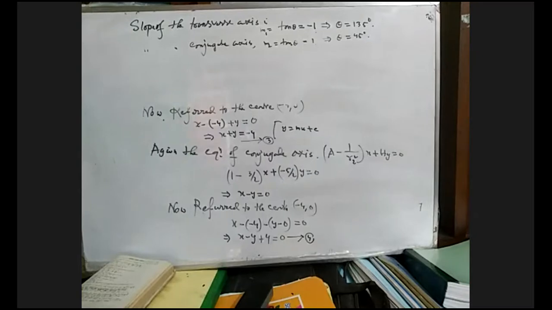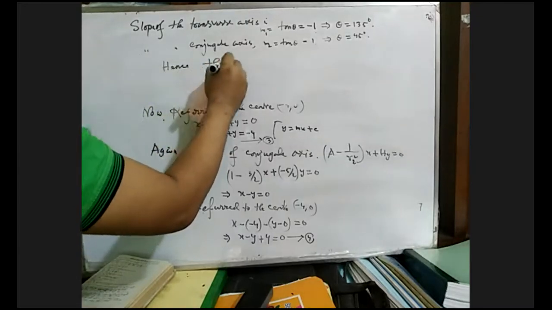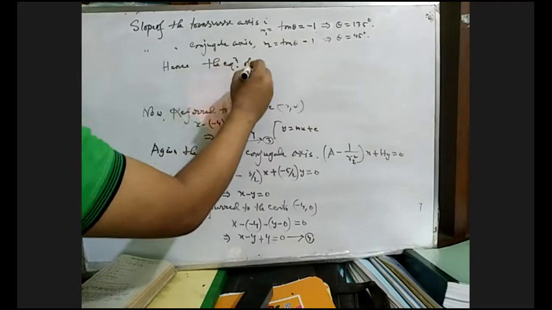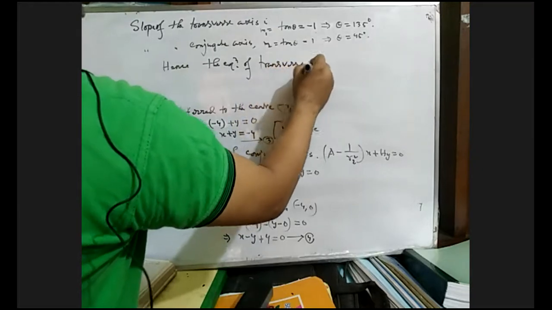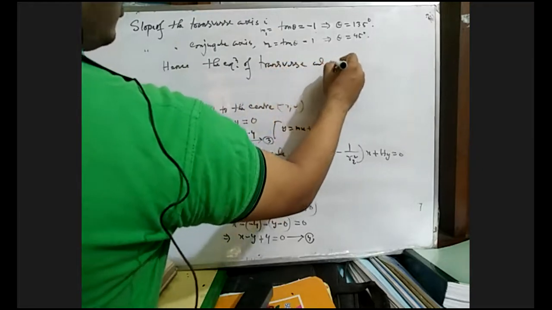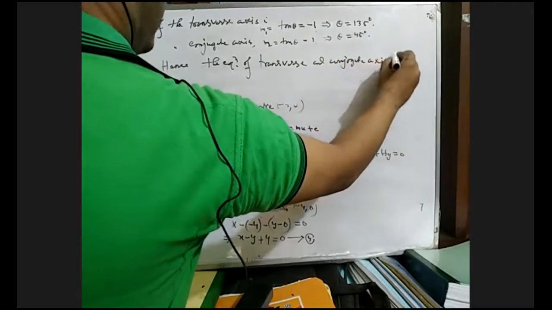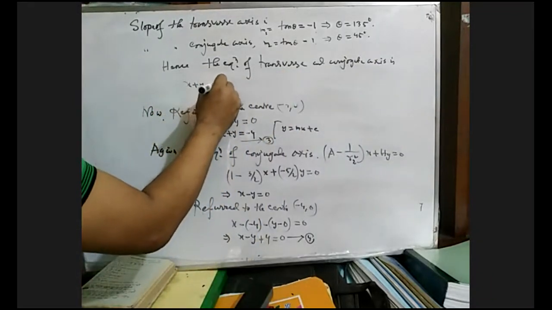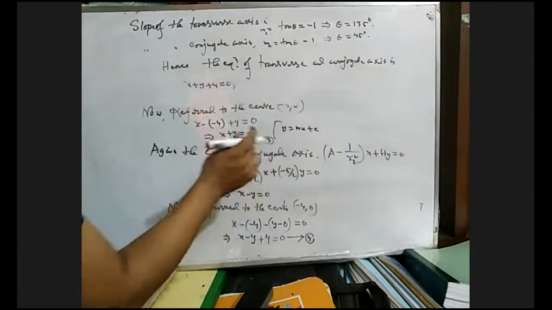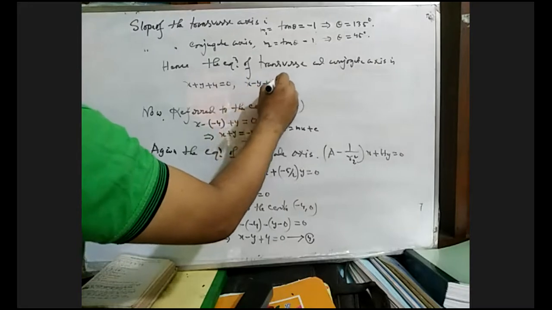Hence the equation of the transverse and conjugate axis is given by x plus y plus 4 equals 0, that is number 3, and number 4 is x minus y plus 4 equals